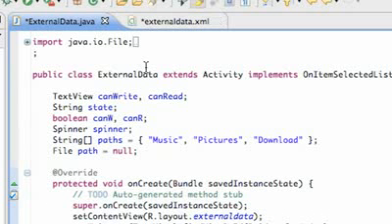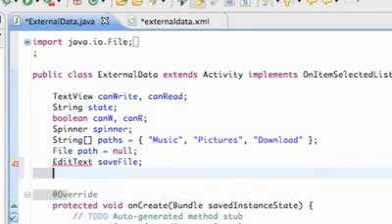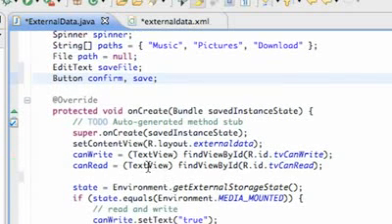Let's make everything accessible for the whole class. We have our edit text, and we're going to have this save file, two buttons, confirm and save. Just import both of those, and let's set up our references now. Our confirm